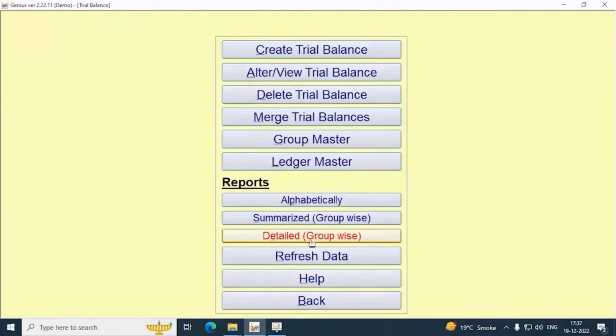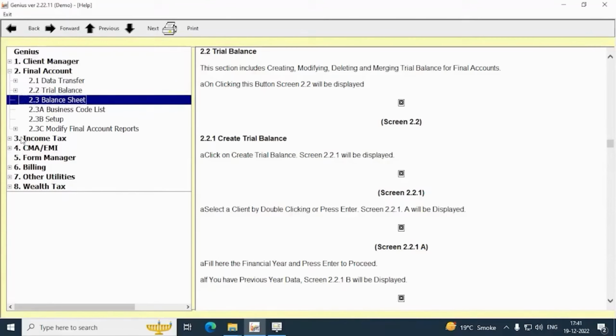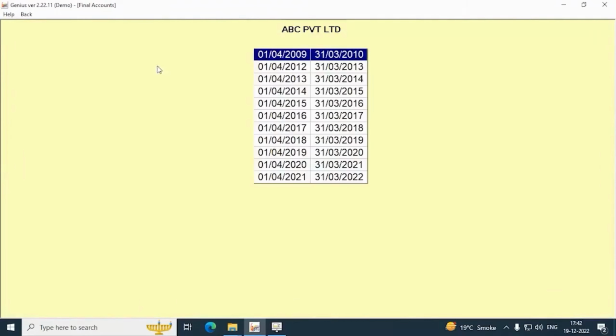If you forget how to transfer data or any other topic that we have discussed in balance sheet, then you can go through the Help section and Balance Sheet 3CD. After creating the trial balance, the next option is Balance Sheet and 3CD. Select the client and select the particular year.